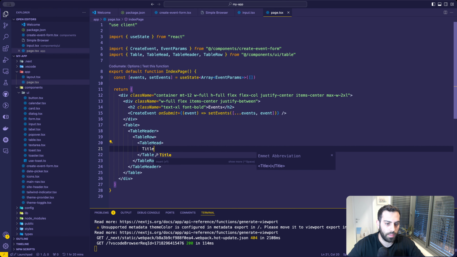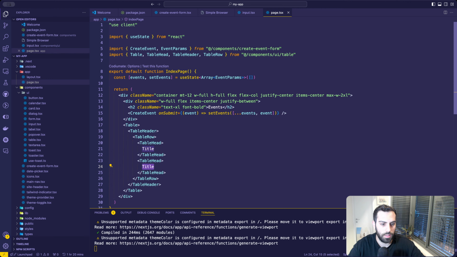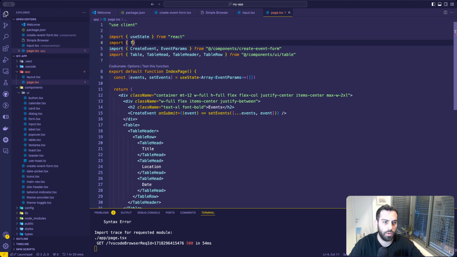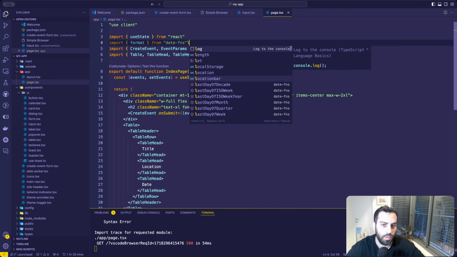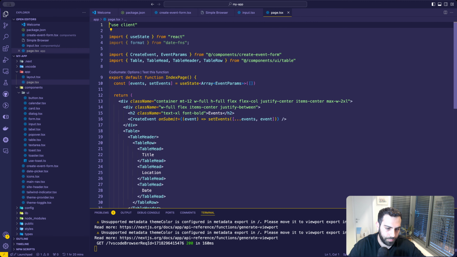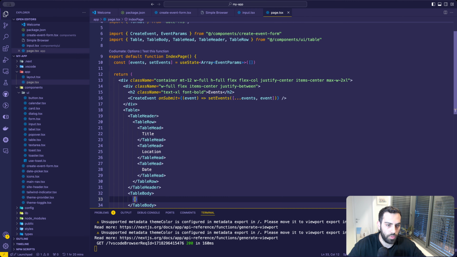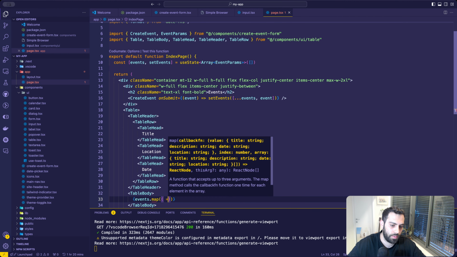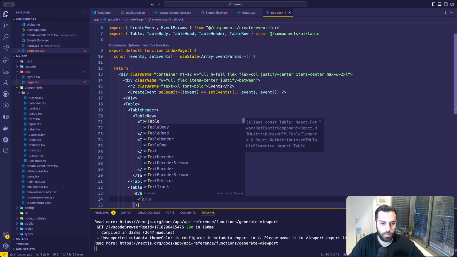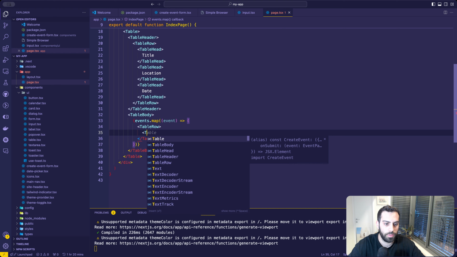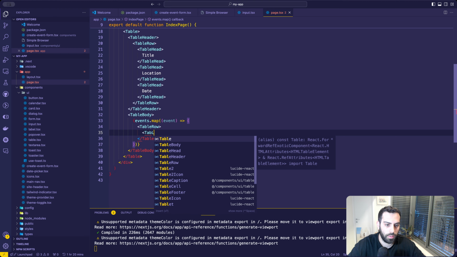We need the title. We then need the location. And we'll also add the date. We probably want to format the date, so I'm going to import the format function from date-fns, which Shadcn-UI used by default. And then I'm going to render the table body, which will be a map of the event array. We're going to render a row for each of them. And you're also going to see how easy it is to render tables with Shadcn-UI, which is also something I'm speaking about in the course. And then a table cell